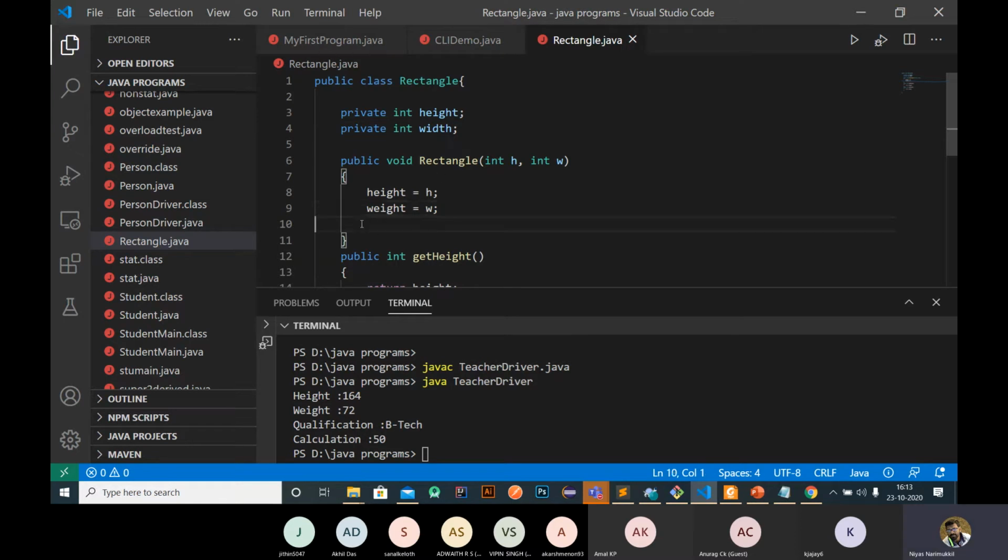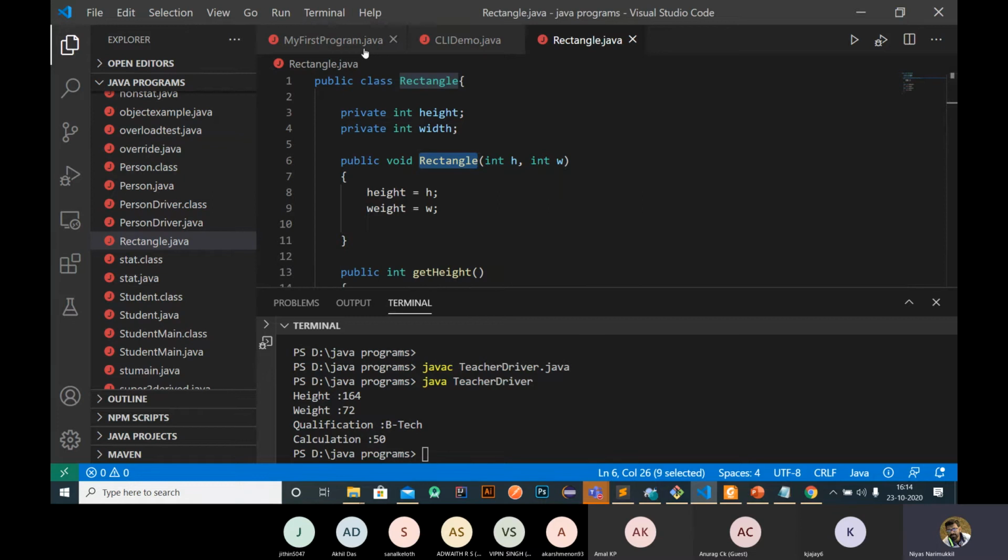So constructors are functions having the same name as the class and that are automatically called when we create an object of a specific class. Okay, so I will show you how to create an object.